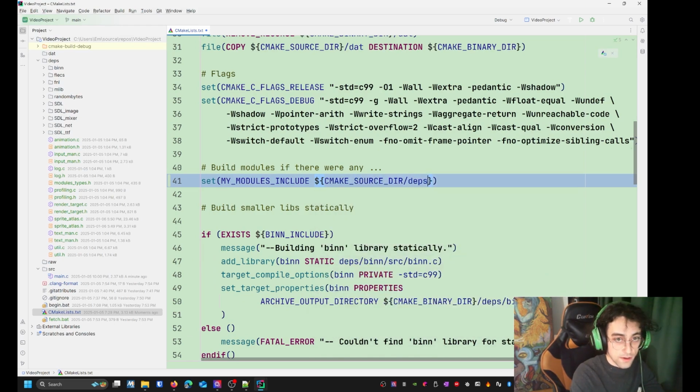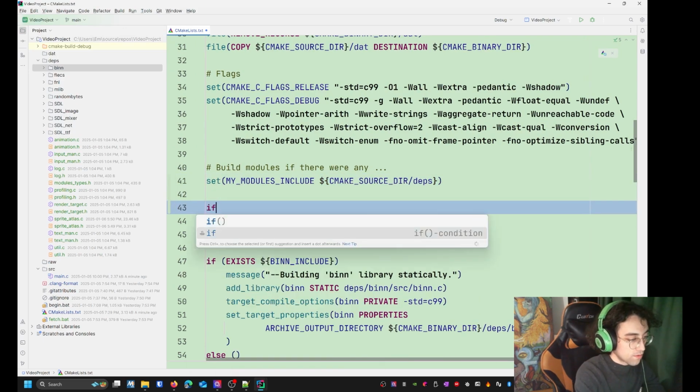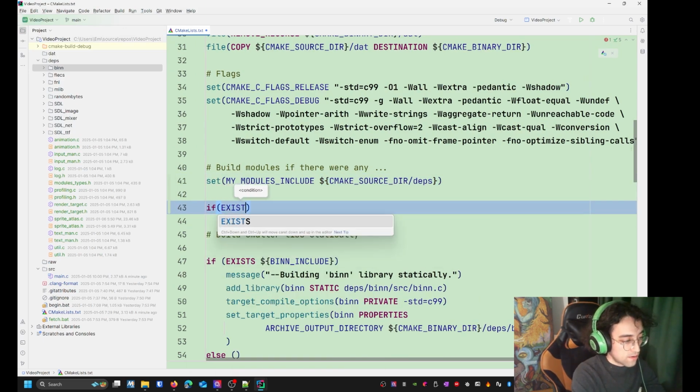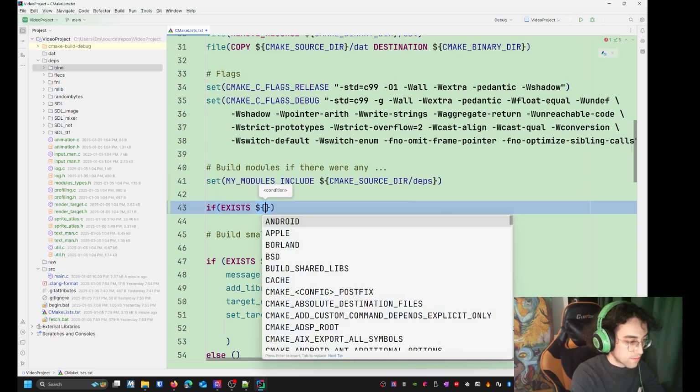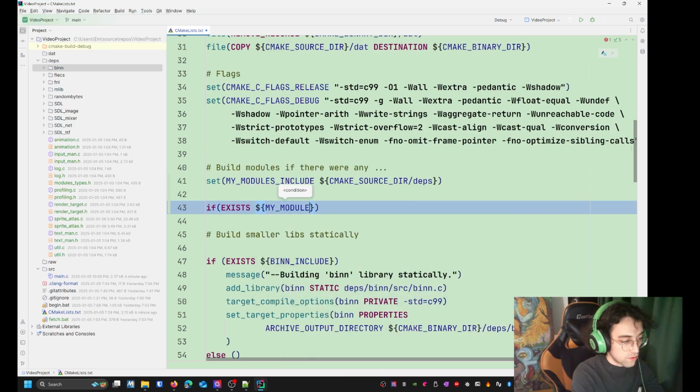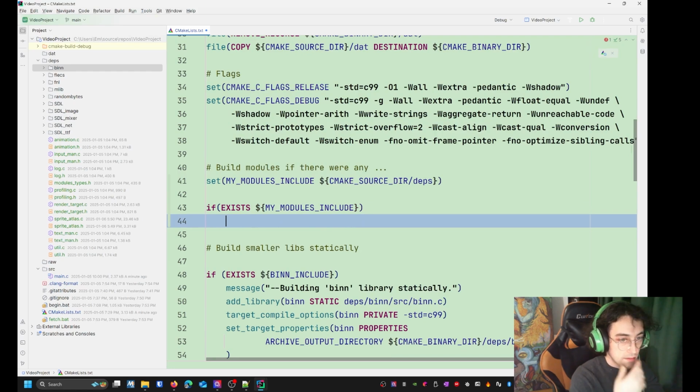the depths directory directly. So not any, because the way I organize the project is I put all my own modules directly in depths, and then libraries are subfolders of depths. It's just a personal way to organize. Just choose your own way. So then if that exists, which should usually exist, otherwise something else will have failed. But still, if it exists,